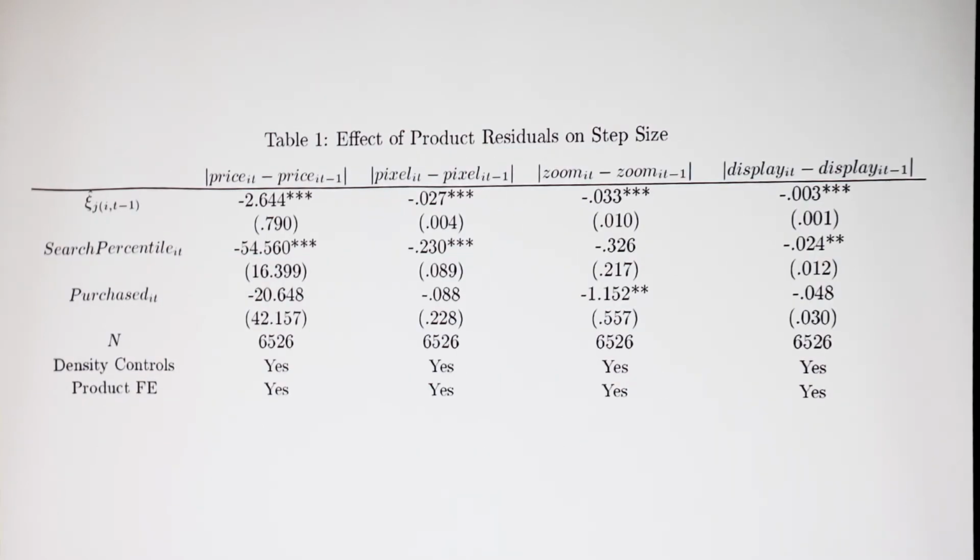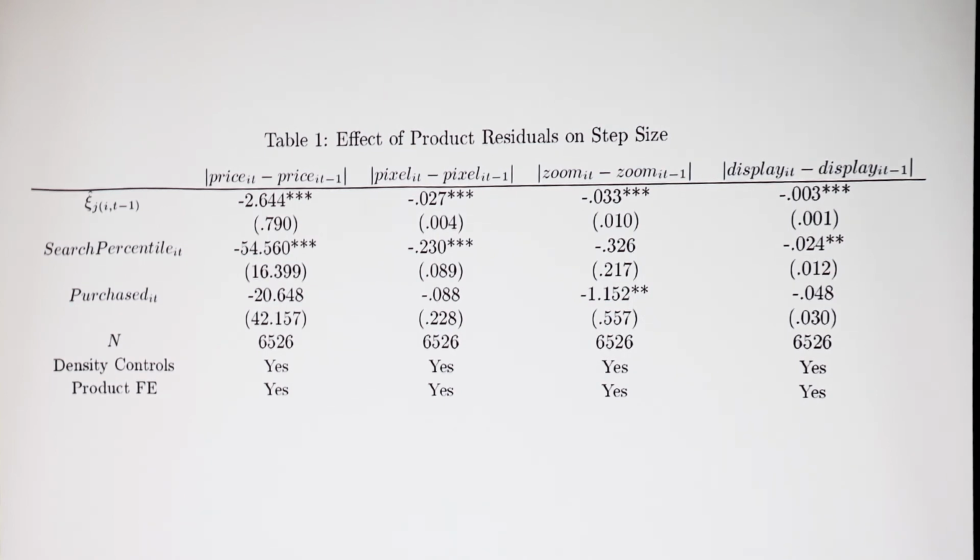And what I can then show you is that when you have a bad experience at period t-1, so this is the top row of this table, you tend to take steps further away from it in absolute value space. So if this is a very bad product, a very negative Cj, the step sizes tend to be big. The coefficient is negative, but it's negative times a negative, so it's positive. Right? You tend to step far away. And that turns out to be true of every characteristic we've looked at after controlling for many sorts of fixed effects. We have product fixed effects. We have density controls. We have,